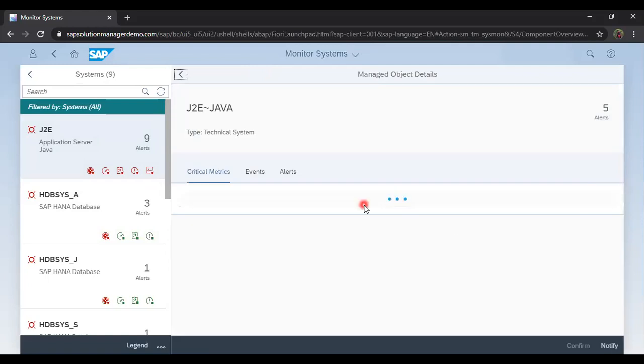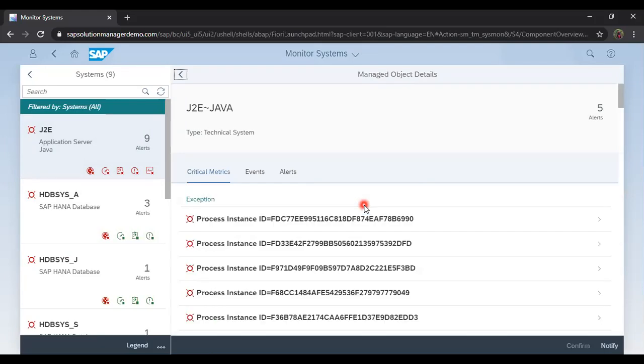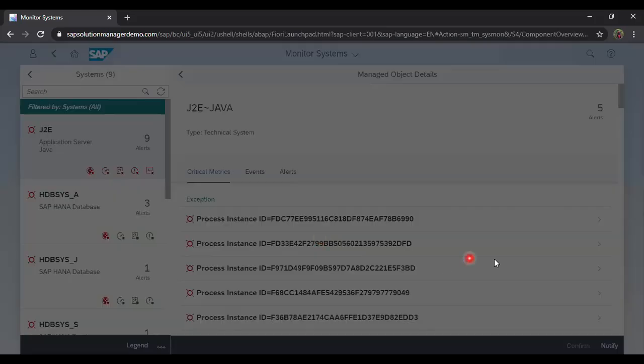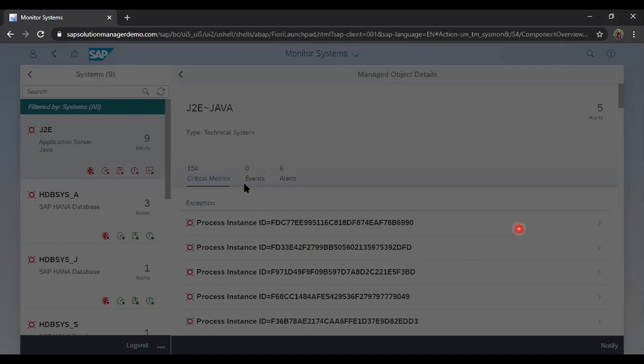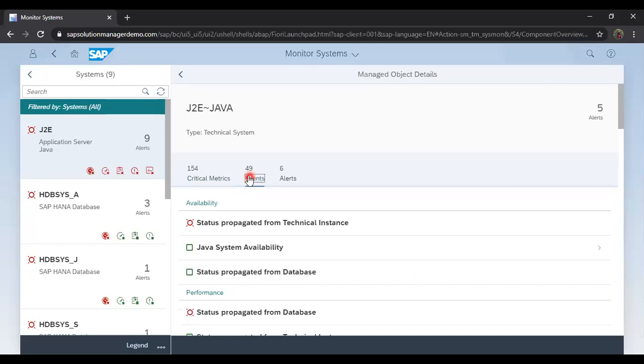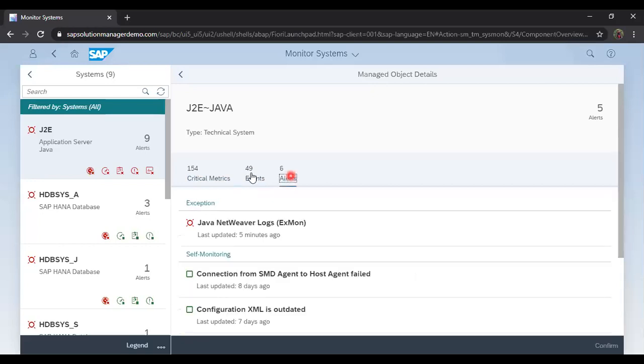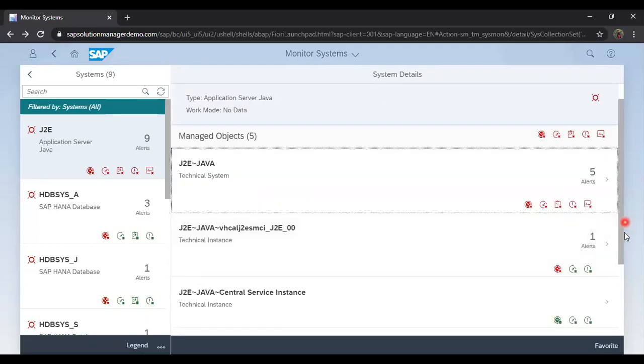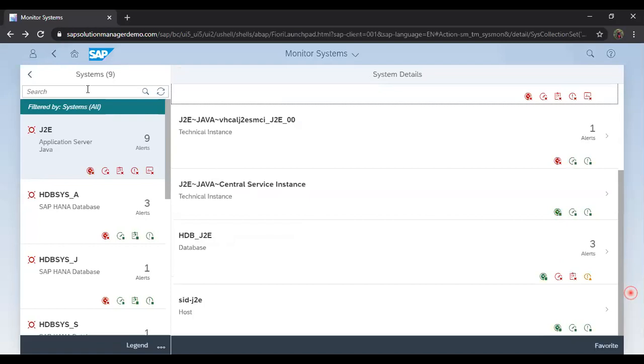If you click on this one, you will find all the details related to the particular system, such as the process instances which are in exceptions and which are red. So these are the critical metrics, these are the events, and these are the alerts. In the same way, if we go for other parts as well, and one more thing, everything is shown in a different way. Now if we want to search for anything which is known, like J2 is coming,